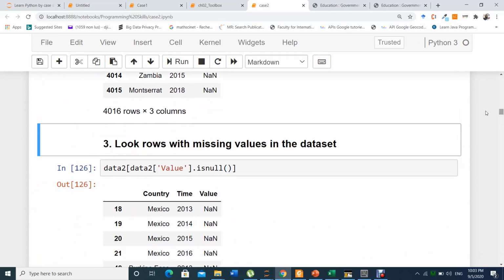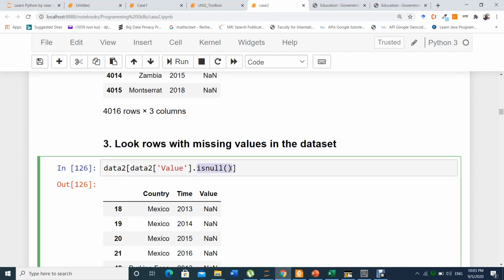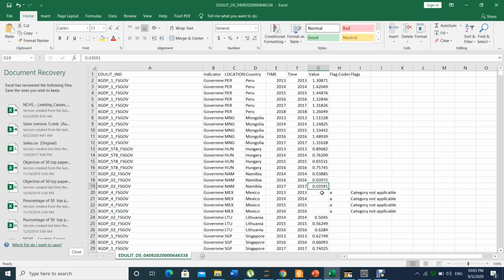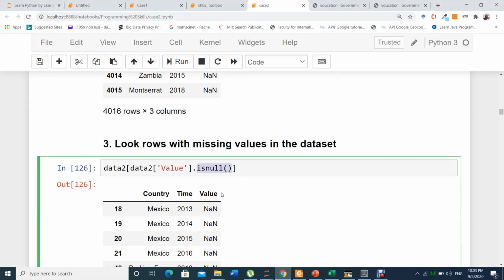and now how to look for missing values in the data set. For instance, this is a function you want to use. What does this mean? You say in the data, what if I say data is like a CSV file, go and look for me all values that are null, like no value. For instance, let me show. Here you will see this one, it will print it, but this one it will not print. This one is not printed because there is a value, it is not a null value. This is null, this is null, this is null, because there is no value. So this is what this function did.